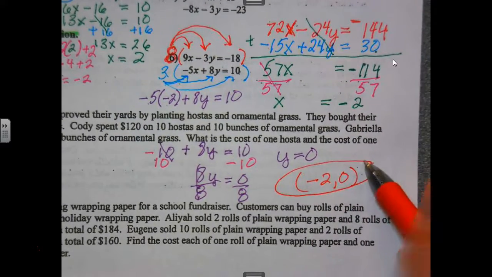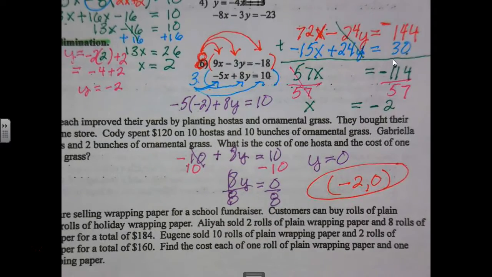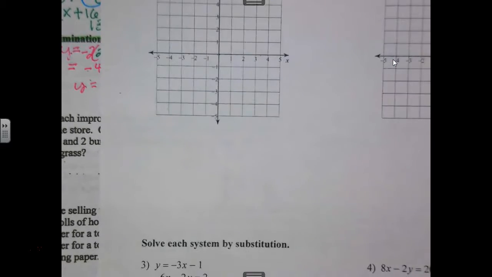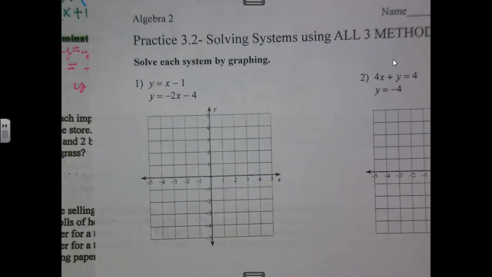Don't worry about the word problems for now. We'll go back and do them. Those are our 3 methods. You should have enough ammo now to do the practice. Okay, there's only 6 problems. You should have time after the review. So if you don't get to it tonight, you can do